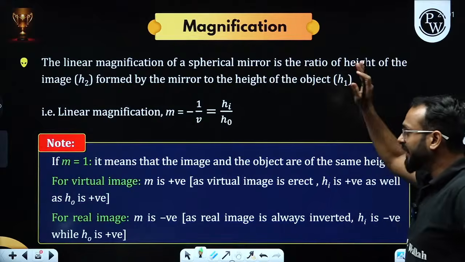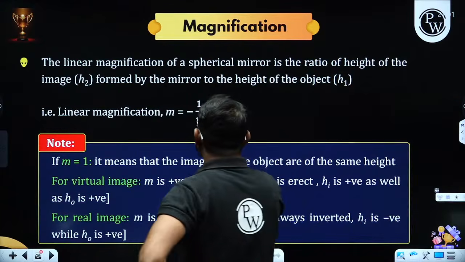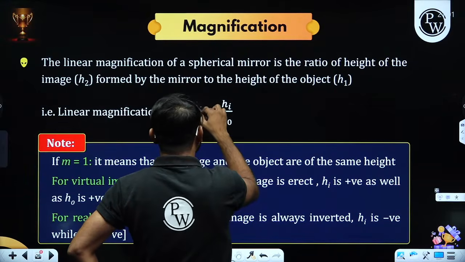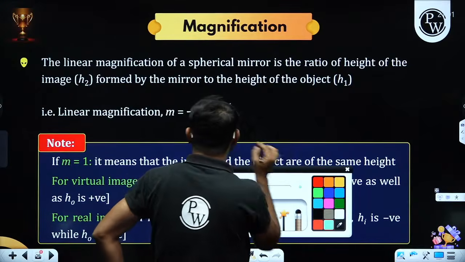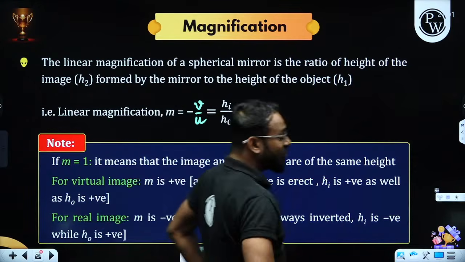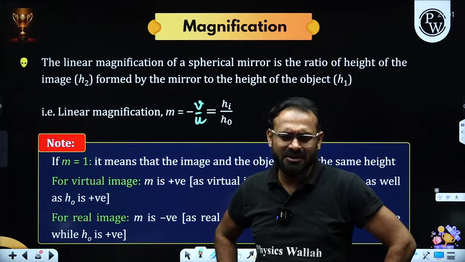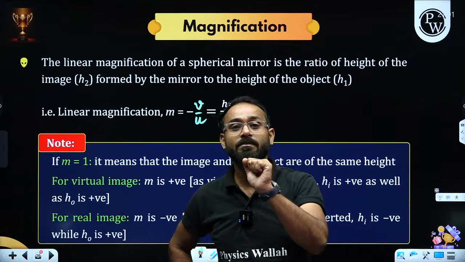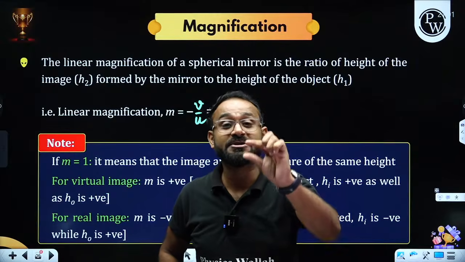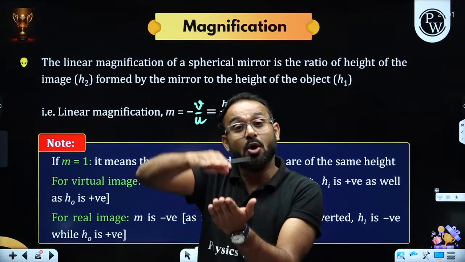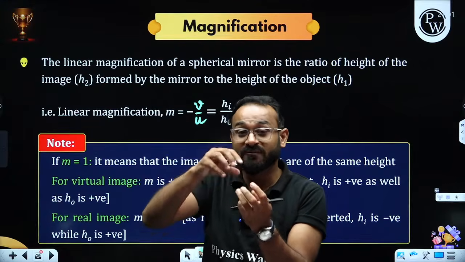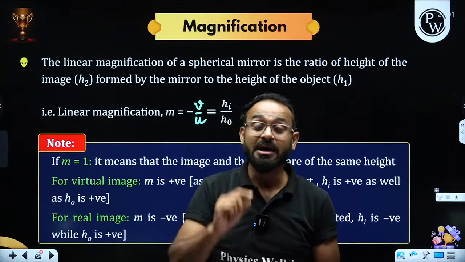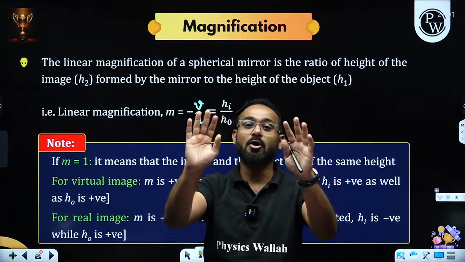Now talking about magnification, after that the numericals will appear. Generally, whenever I ask what is magnification, the student is like, sir, magnification, that magnifying glass. No, the answer is not like that. Magnification gives you the ratio. Ratio of what? Ratio of height of image to the height of object. How large is the height of the image that we are getting as compared to the object. Second, the ratio of the image distance to the object distance.